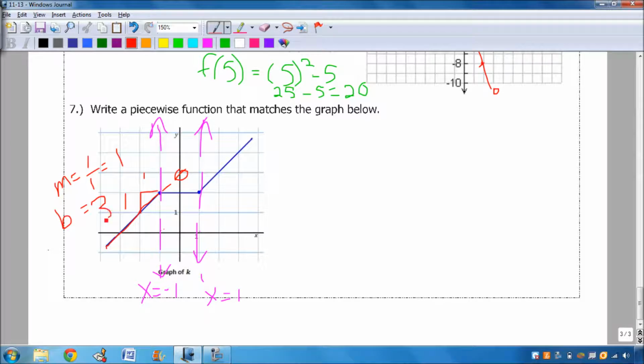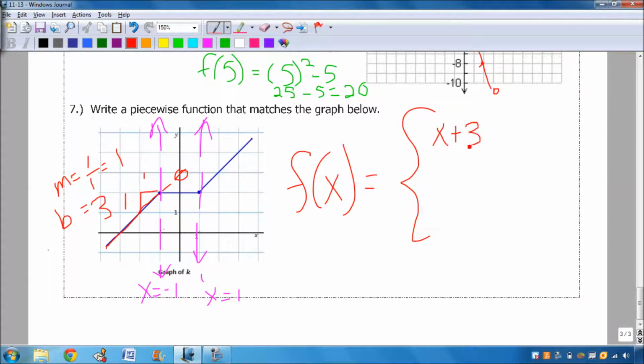+3. Okay, so that means that the first piece of your function, there's 3 pieces, is x plus 3, okay? And it happens when x is something than -1. How do I figure out what that something is? Well, you have to look at your graph and see, do I have an open dot or a closed dot? This right here appears to be a closed dot, but it could work for this piece of the function or the next piece. So either piece of that function will work. So it's up to you. I'm going to say less than or equal to -1,